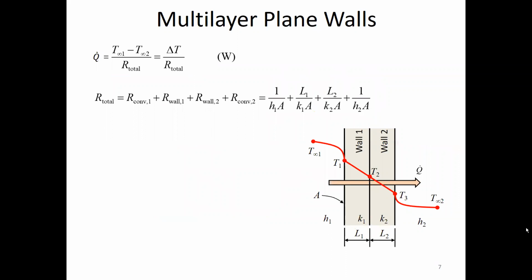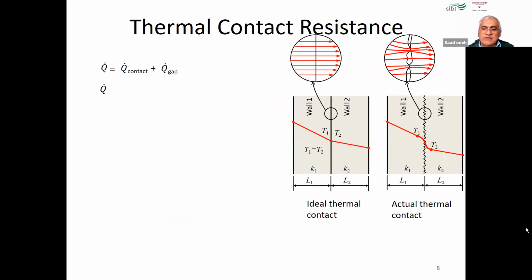Okay. So now, how do we find the thermal resistance of a wall with more than one layer? In an ideal design, we are assuming that if we have multiple walls like this, wall 1 and wall 2, there is complete contact between wall 1 and wall 2, which means